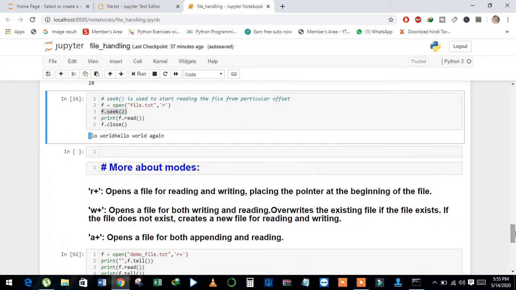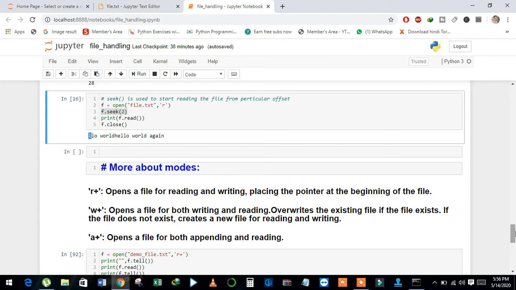Now we will discuss R plus, W plus and A plus mode. The reason for explaining the tell and seek methods before R plus, W plus and A plus mode is that when we read the file in W plus and append plus mode, we have to use the seek method, and we also have to check the position of the pointer.